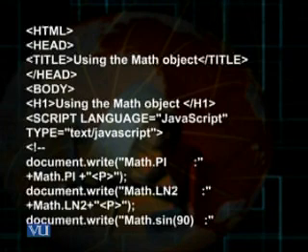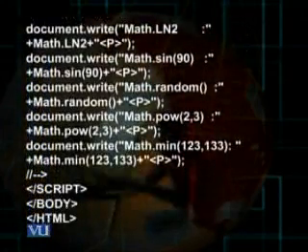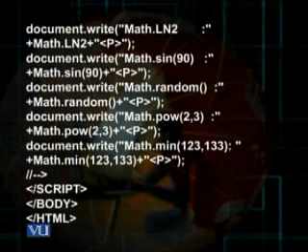Now I use a function of the math object. First of all, in the string I write math.sin90, means that I want to take sin 90, and then after the double quotation mark, after this string, there is the plus sign, the concatenation mark, and then I write math.sin90. Consequently, the sine of 90 would be calculated and its value would be written for me. Then there is again the plus sign and then the paragraph tag.